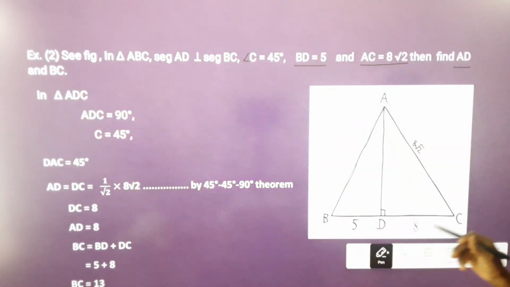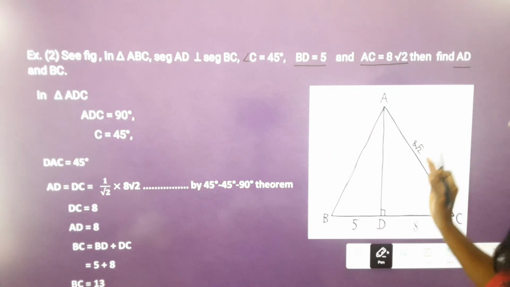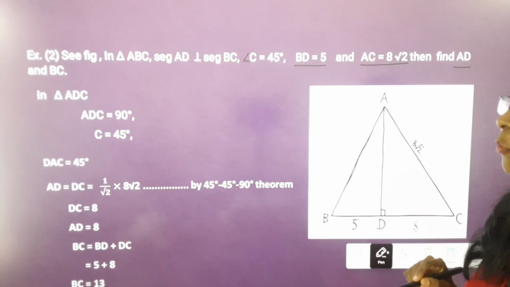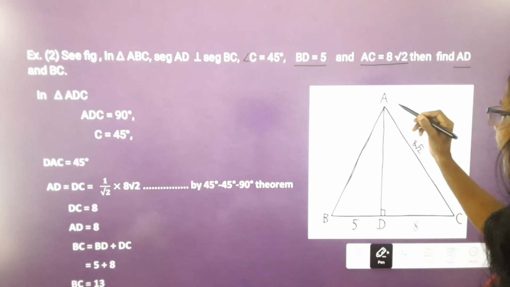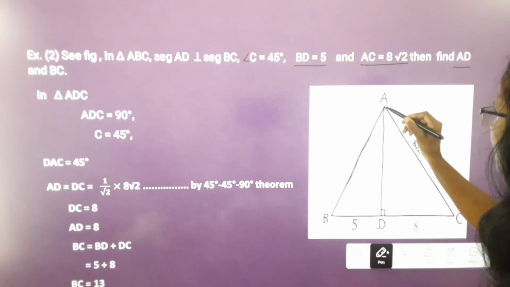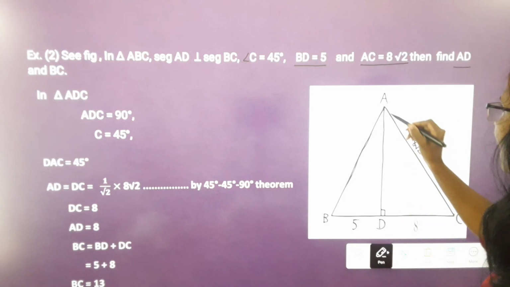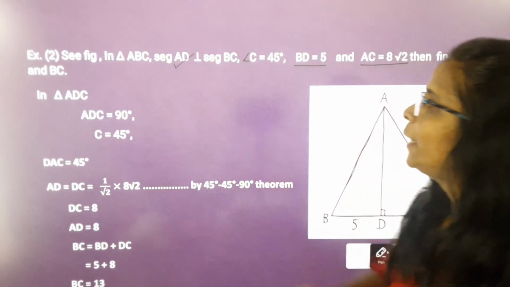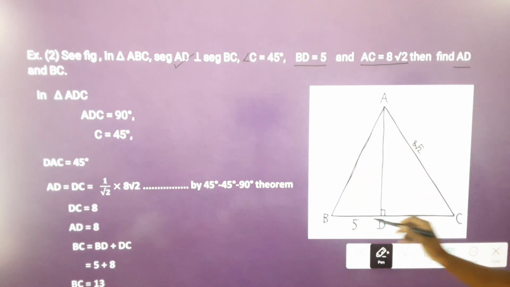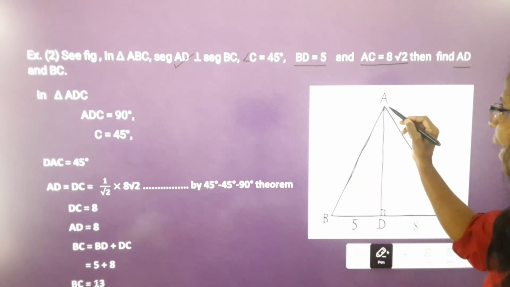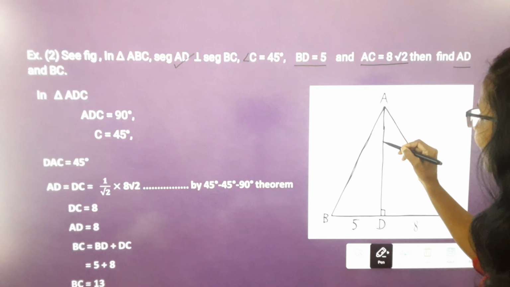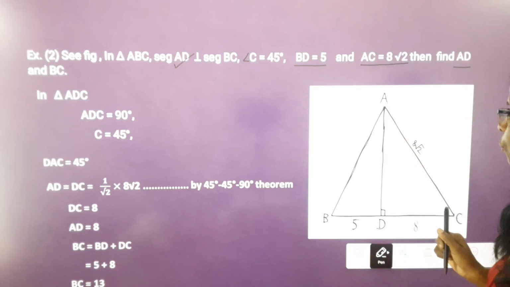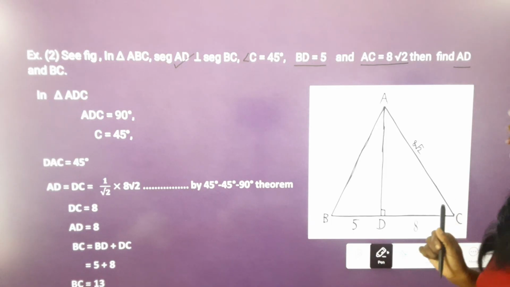Okay students, so now here in this triangle ABC, we take the right angle triangle ADC, because here given is AD perpendicular to BC. So that means we can say that triangle ADC is a right angle triangle, and so we can use